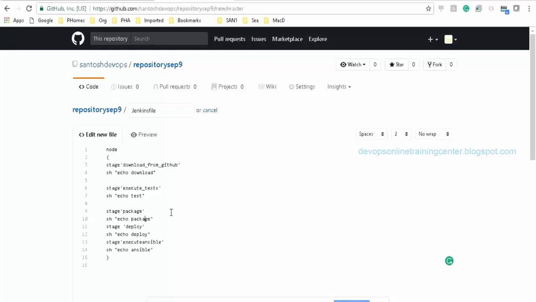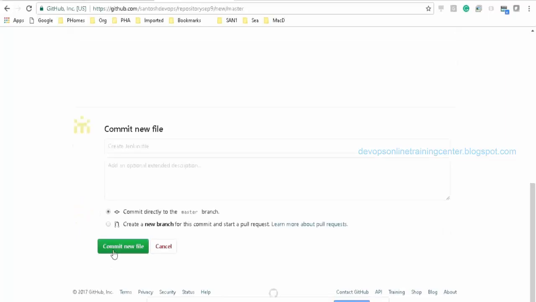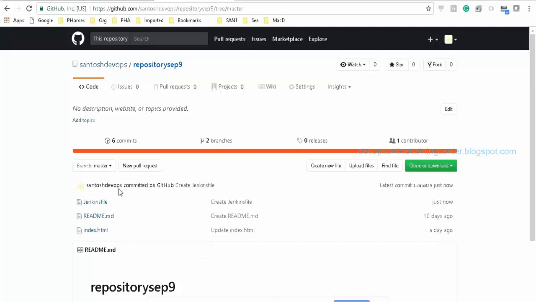This is a dummy code. It does not do anything. It simply prints the messages. Then I save it. Okay, so there is a Jenkins file in this repository. Now, if I execute it,